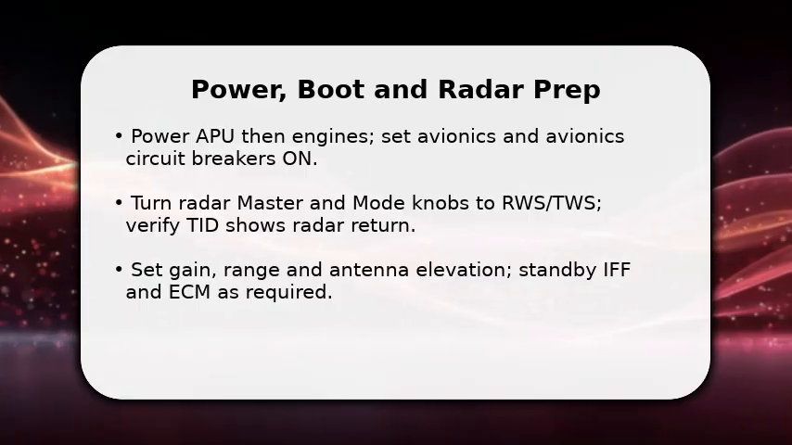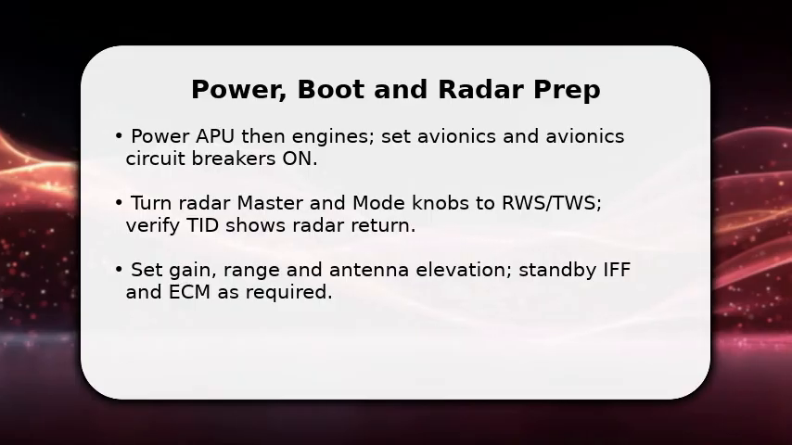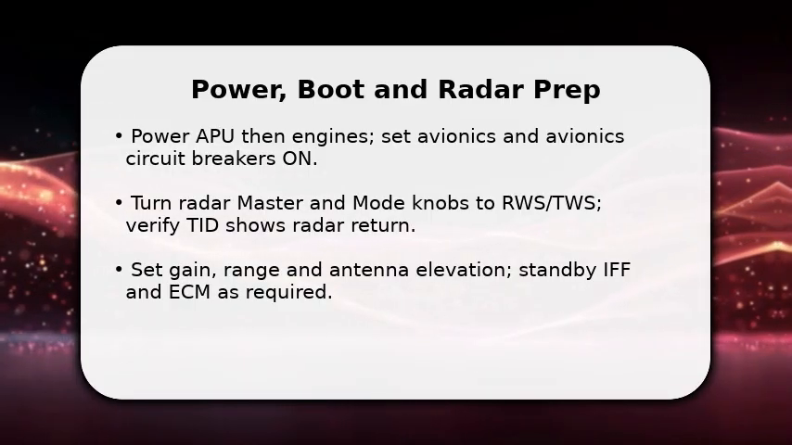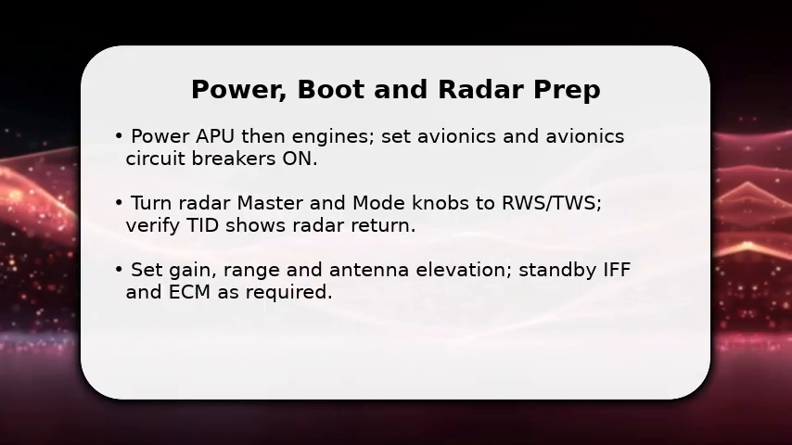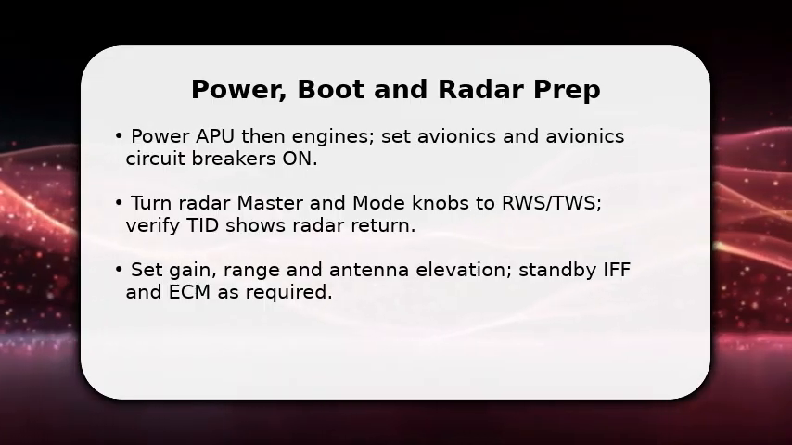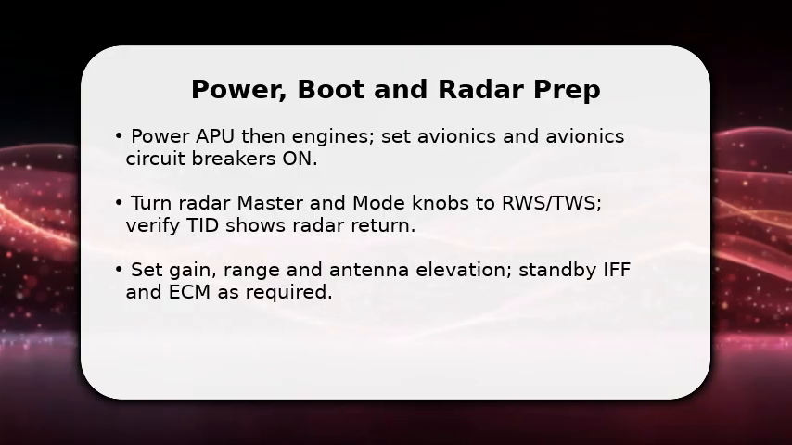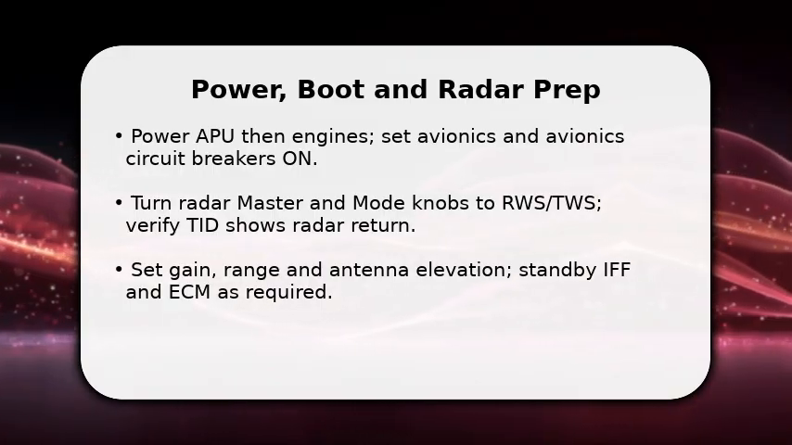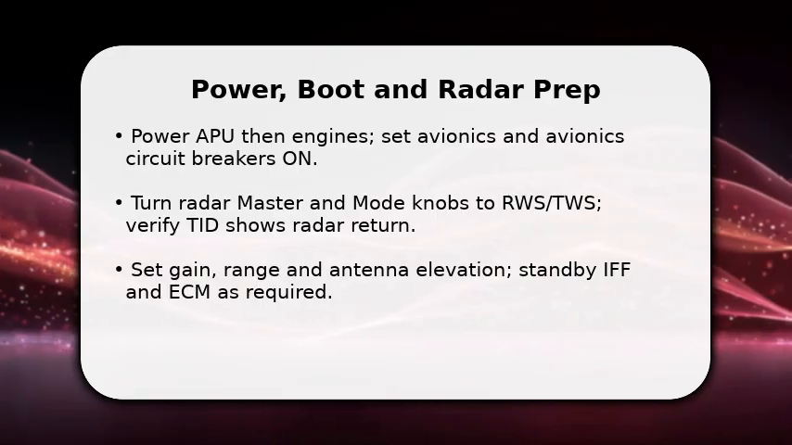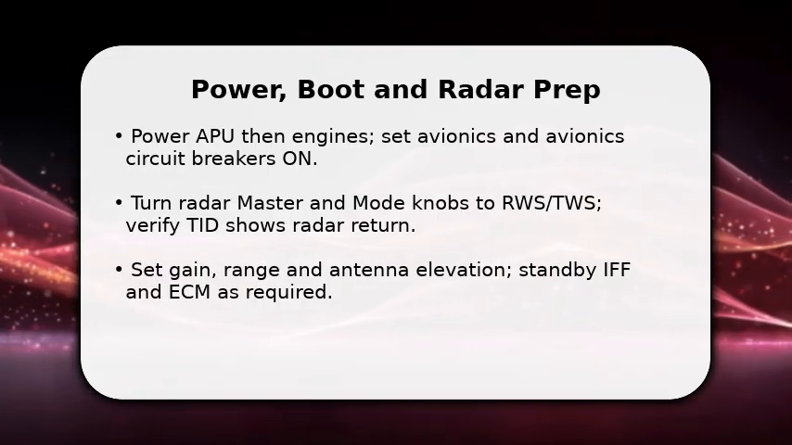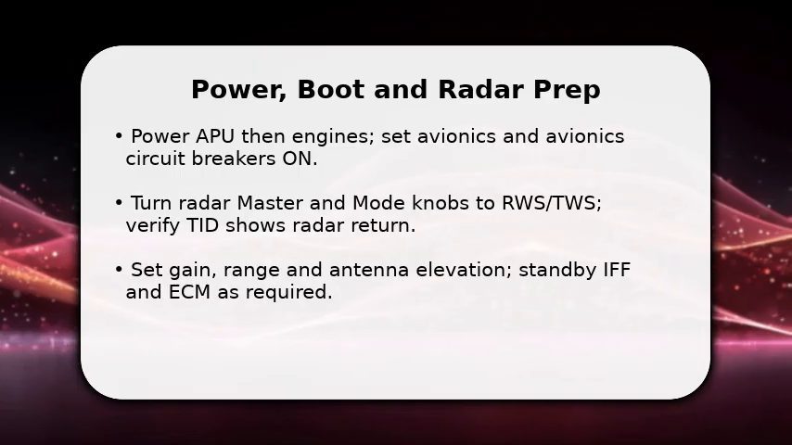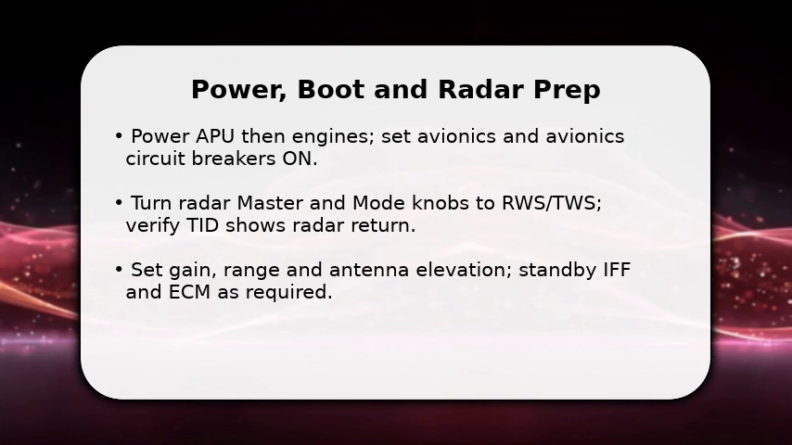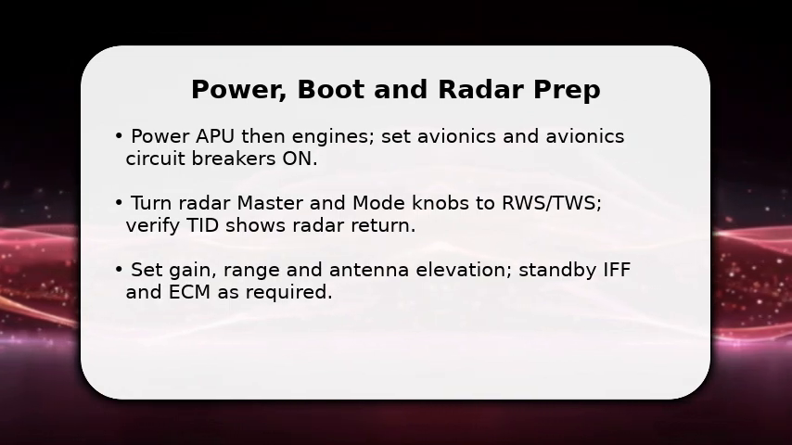You start by powering the jet and bringing the avionics up. This readies the radar processors. Once done, switch the radar master on and choose an initial mode like RWS so you get immediate returns. This gives situational awareness. Next, set range and antenna elevation to match expected target altitude and distance, because correct range prevents clutter and mistracks. Finally, confirm TID contacts and IFF responses so you know the system is healthy before engaging